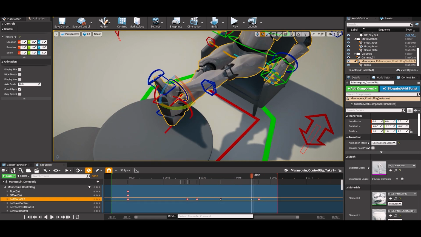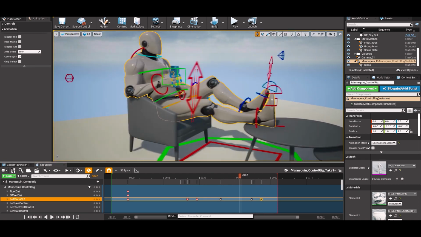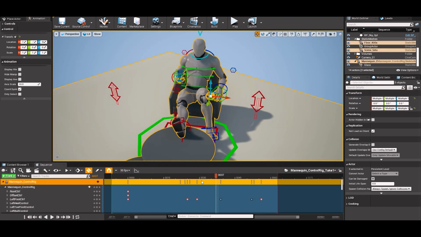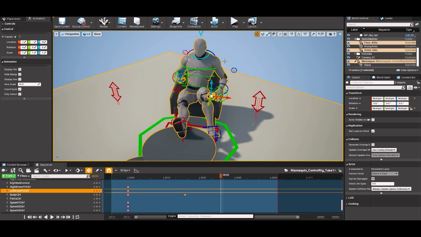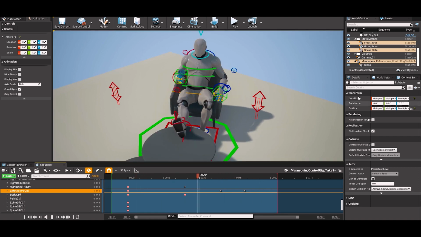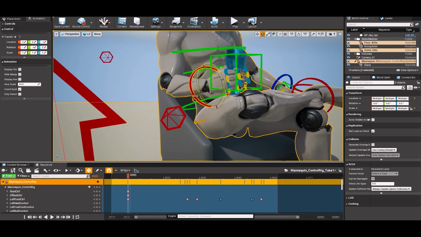mostly when you work with the scripting. Also, it won't update the control rig script directly sometimes, so you have to delete the existing control rig sequence and create a fresh one. It won't let you select any control, and this happens a lot of times. You can get through this by selecting anything else in the world, maybe any prop, which brings your transform gizmo back, and then you can select any control.